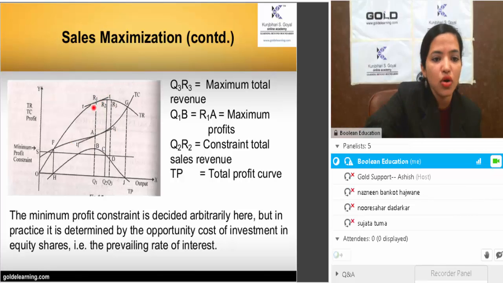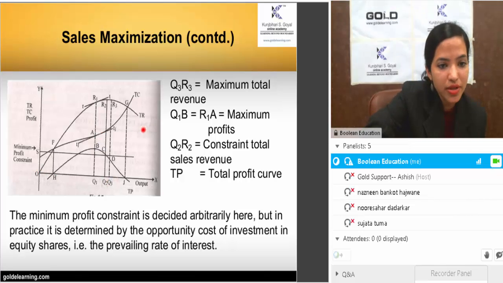R1A, this will be your maximum profit, right? So OQ1 you have to produce, or here, keeping the maximum level of profit. Here you will be producing OQ1, which will be the maximum profit level, but here you have to maximize sales, hence